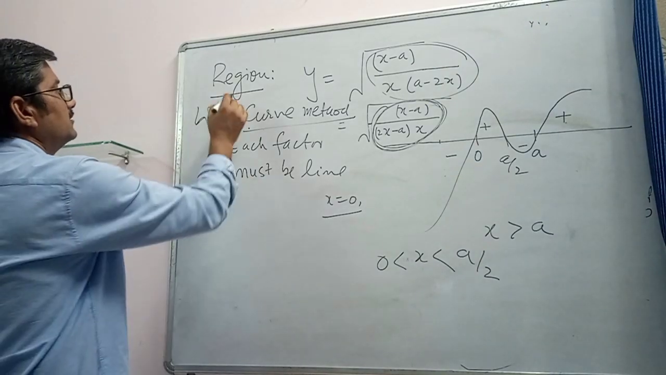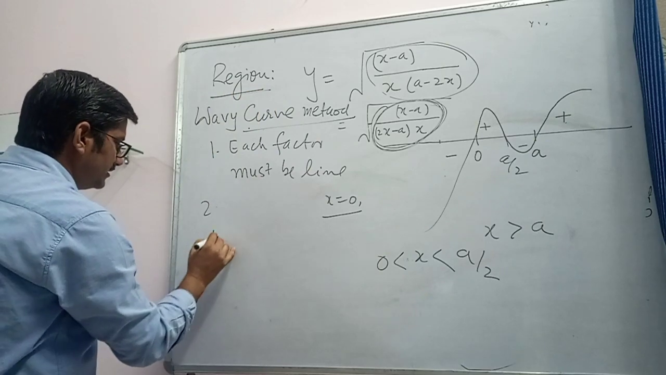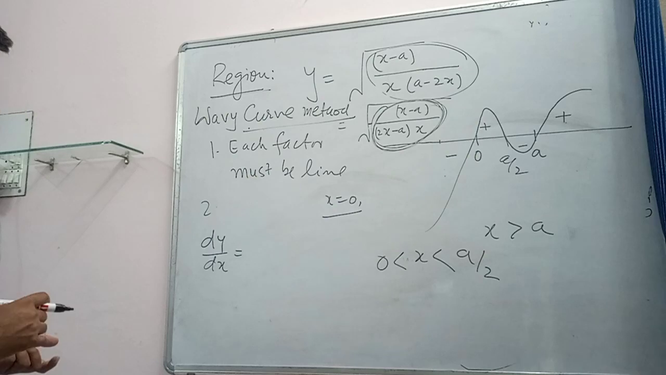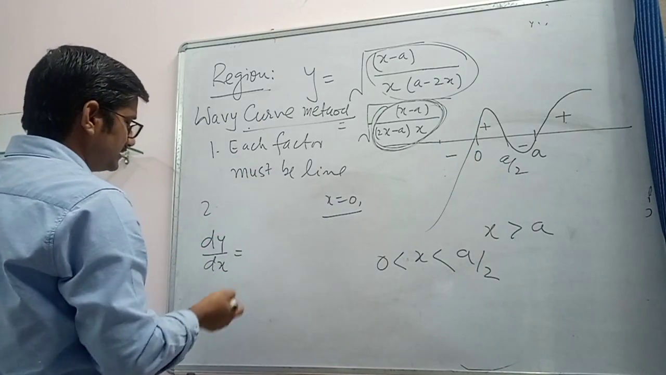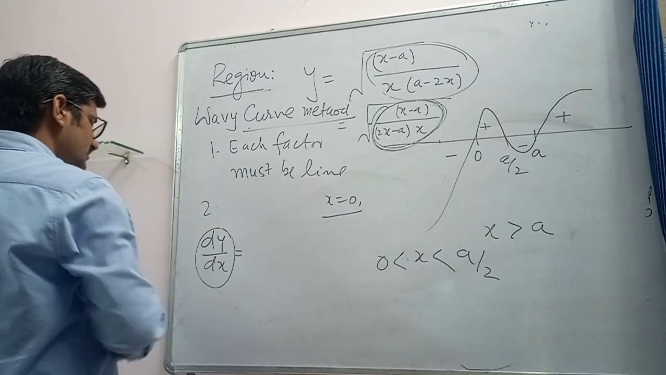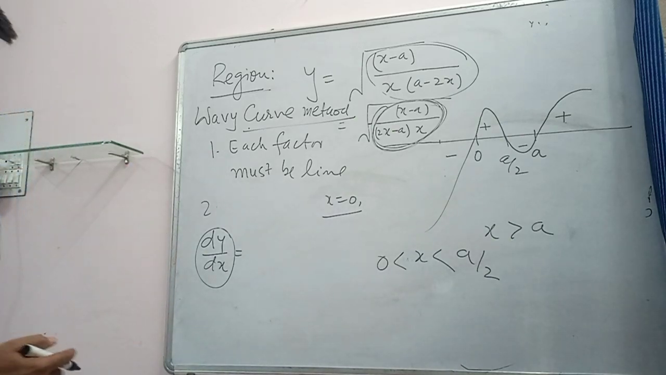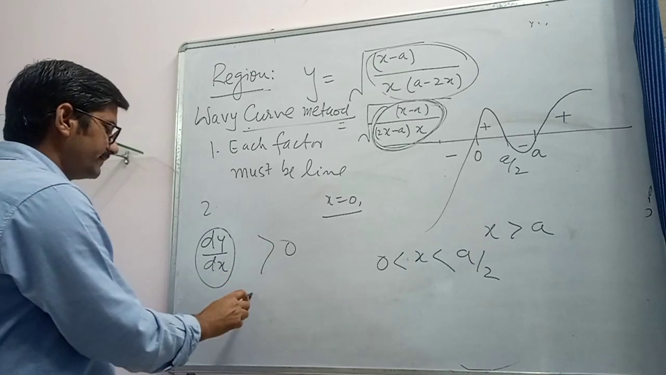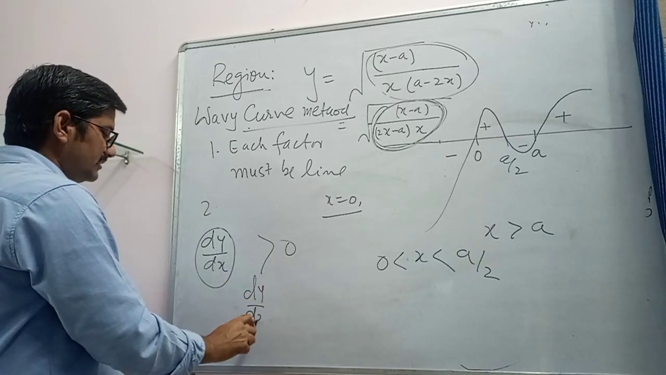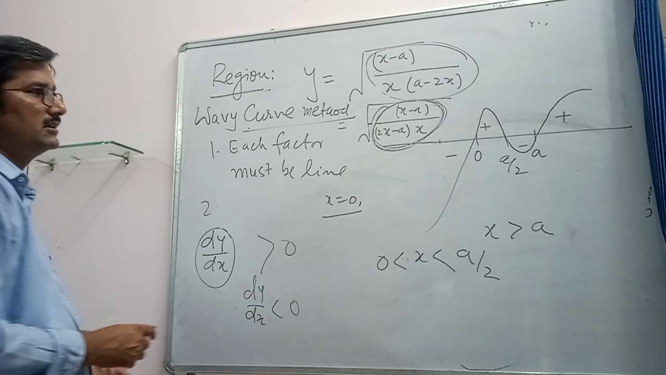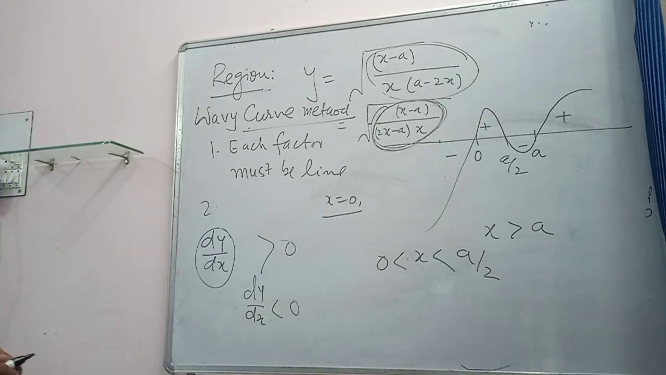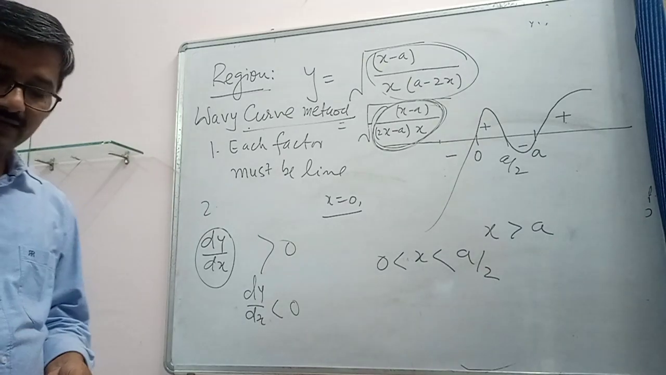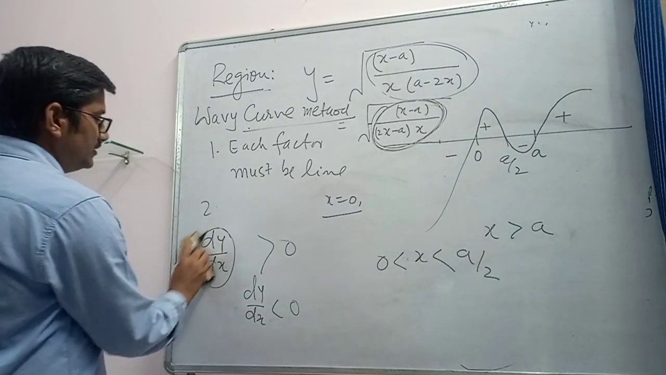Next, testing for the region, we can check dy by dx, because we have studied earlier in the lower classes that dy by dx is the slope of the tangent. If dy by dx is positive, it means the nature of the curve is increasing. If dy by dx is negative, the nature of the curve is decreasing in that portion. So up to this, we have finished all the points, and let us test all these points to trace a